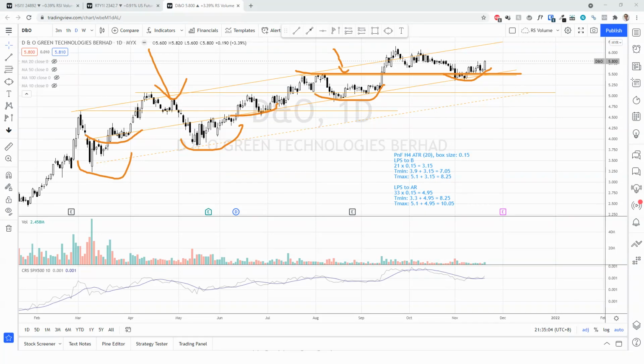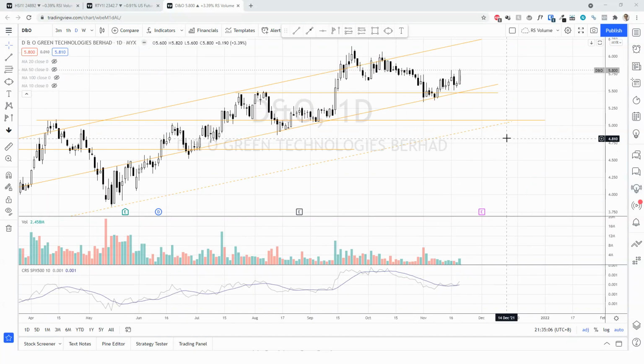So at the moment, it tested the horizontal line supported by the mid channel, and last Friday it sort of had a localized breakout. So I wonder if maybe it can test the swing high, maybe it can test 6. So this is the breakout, and we need to see whether it can continue, because once it's at 6 or 6 plus, it's somewhere around overbought here. I'm not sure whether it can just pull back and have another reaccumulation. Okay, so that's DNO.